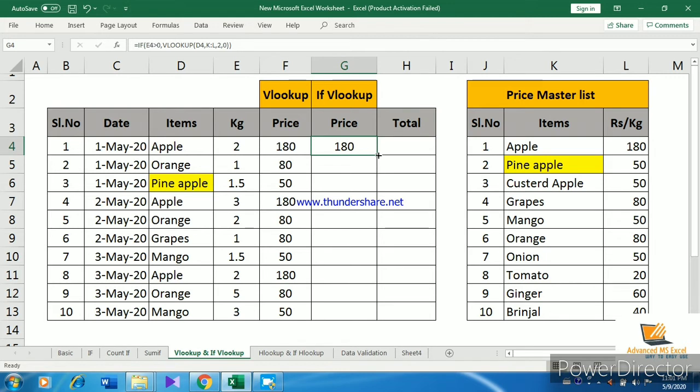Again orange, the value in the price master is 80. All is okay. If we empty it, it will come as false, meaning only if greater than 0 will it do the VLOOKUP, otherwise it will not. So if it is false,